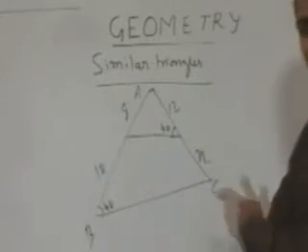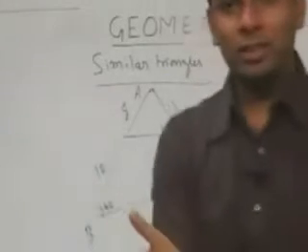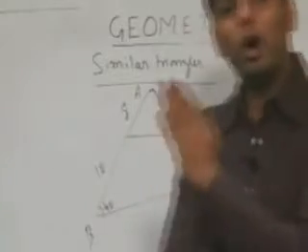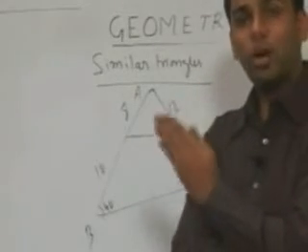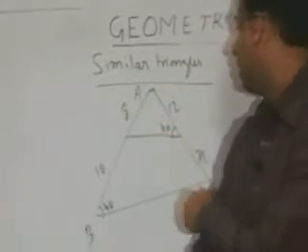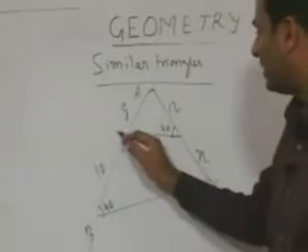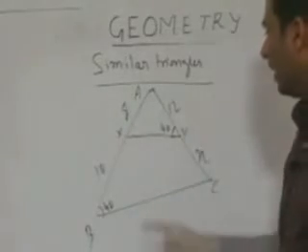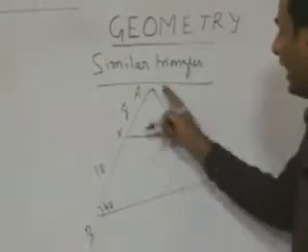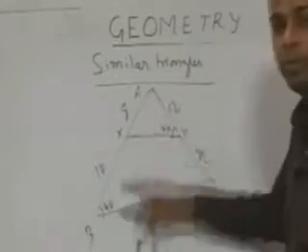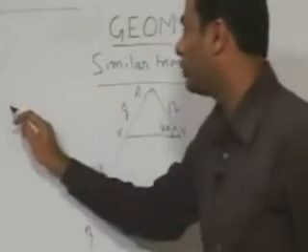Now the most important thing whenever you are trying to prove the similarity of triangles is the order of angles, in which order the angles are equal. Now if I consider the two triangles, let's say this is AXY and ABC, can I say angle A in both the cases is equal? So A corresponds to A here.